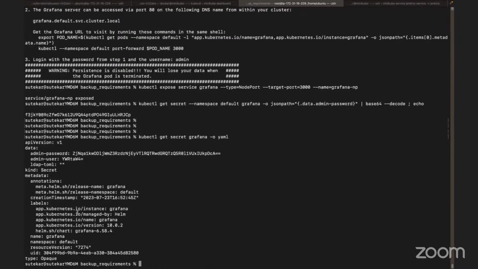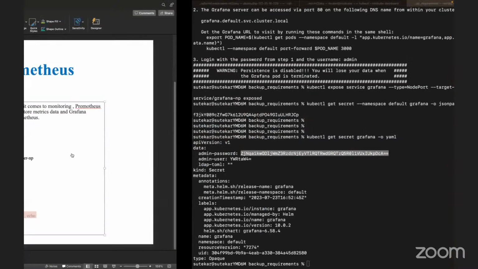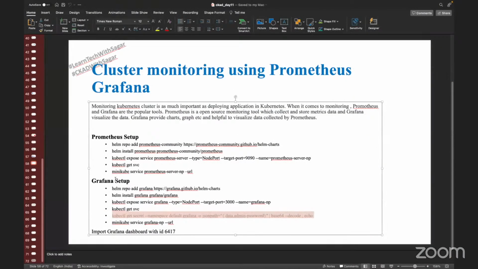Okay. And as we discussed, it's not actual encryption. It is just an encoding. Base64 encoded code. So this is the thing. Let's expose our services. Prometheus और Grafana को expose कर लेते हैं